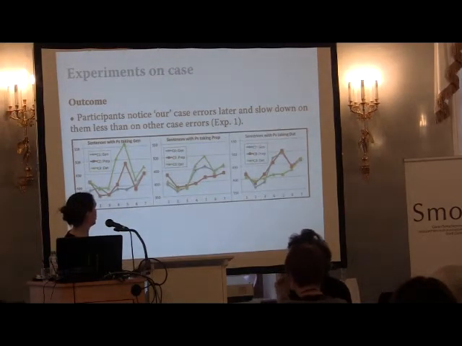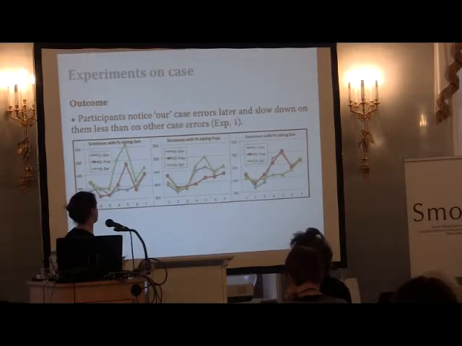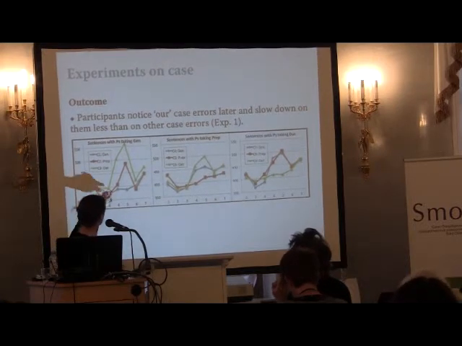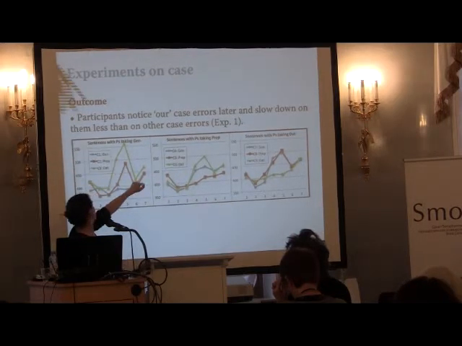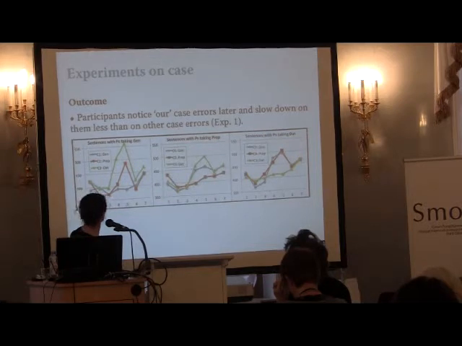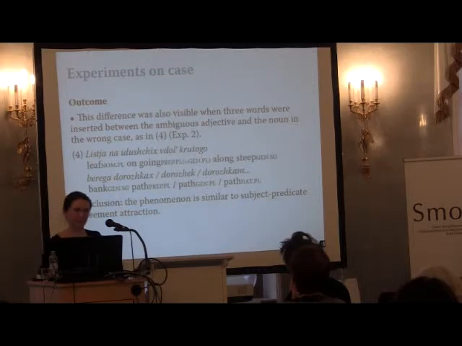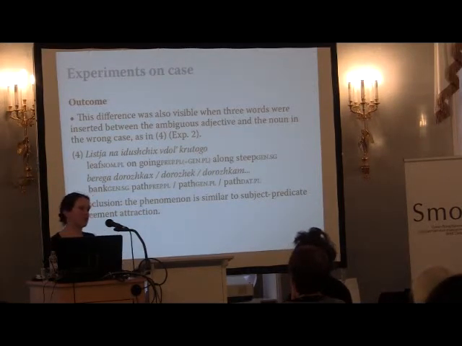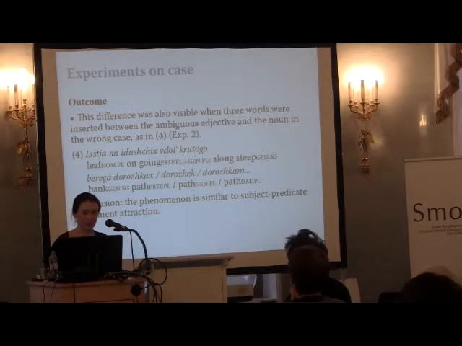This is what it looked like approximately, so let me just show on one diagram. So this is the correct genitive plural form. This is the prepositional plural instead of genitive plural. And this is the dative plural instead of genitive plural. So people slow down on prepositional plural much less and later than on the dative plural form. So then we wanted to see whether this effect actually depends on the linear distance between the adjective and the noun. Because